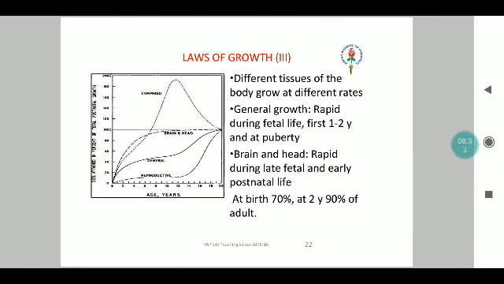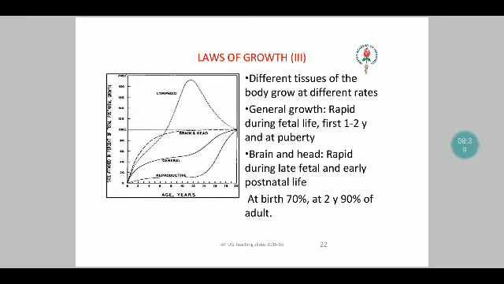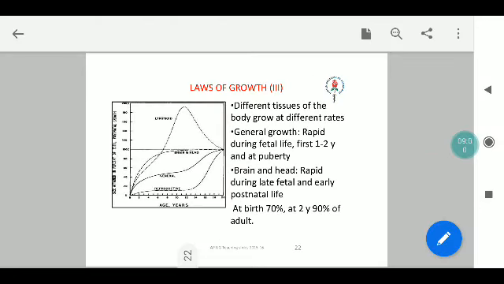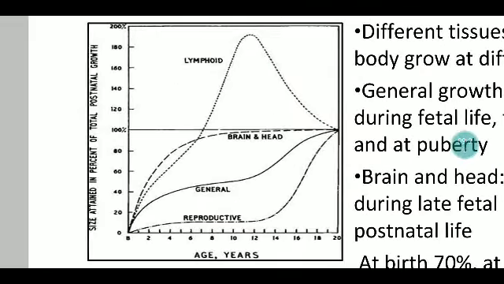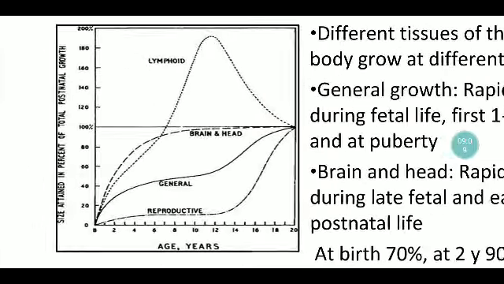It's important to note that different tissues of the body grow at different rates, and generalized growth is rapid in the initial fetal life, rapid in the first 2 years, and at puberty. Brain growth is maximum within the first year of life, and maximum brain and head growth is during the late fetal life and early postnatal life as well. At birth, 70% of the brain growth is completed and 90% of growth is completed during adulthood. I'll just zoom in on this chart to explain it